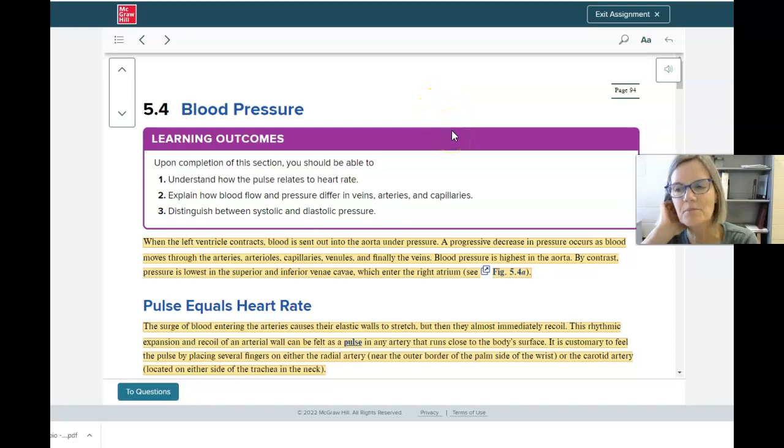Hi, in section 5.4, we're going to talk about blood pressure. And I think everybody knows a little bit about blood pressure. And so what we're looking at here says when the left ventricle contracts, one of the things